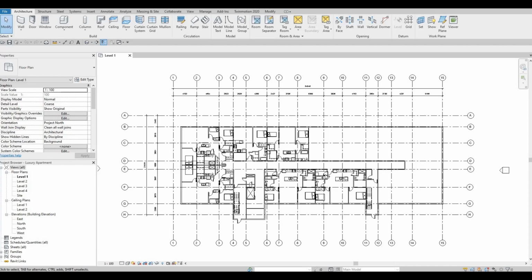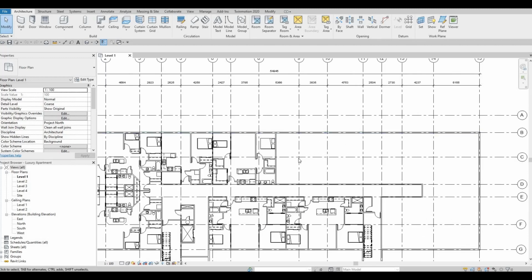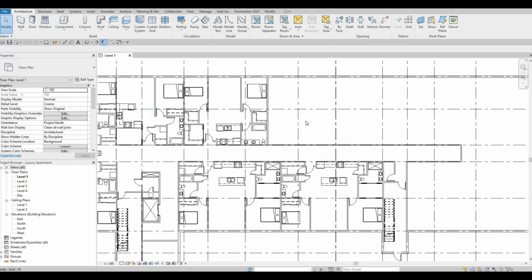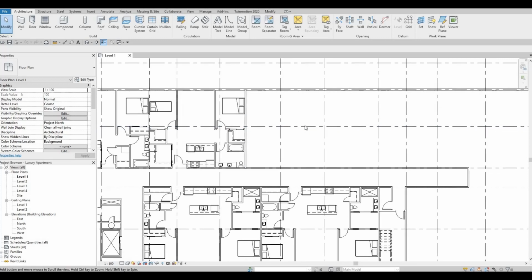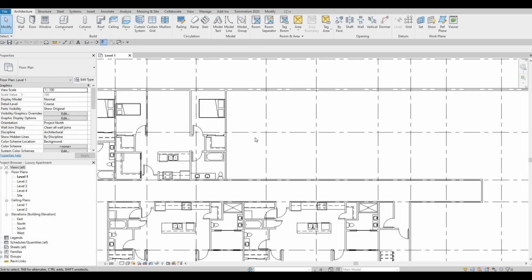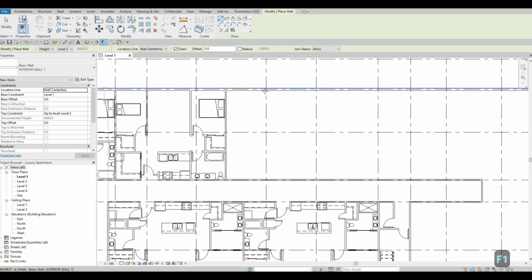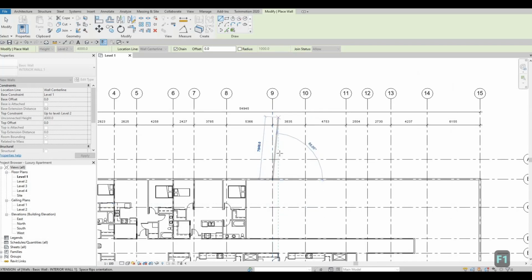So in this video, we're going to continue working on this and we're going to focus on this suite. Here, around 9 and 10 grid line, we're going to focus on this area and create a 2-bedroom apartment. So with that, click on the wall, type in CS, and just add a wall right here on the 9